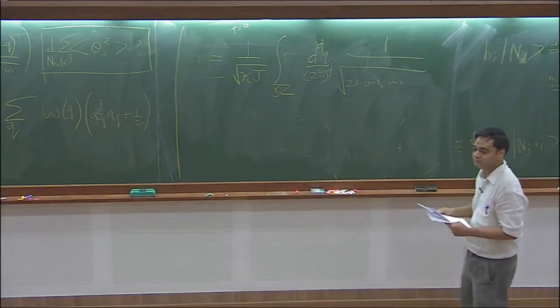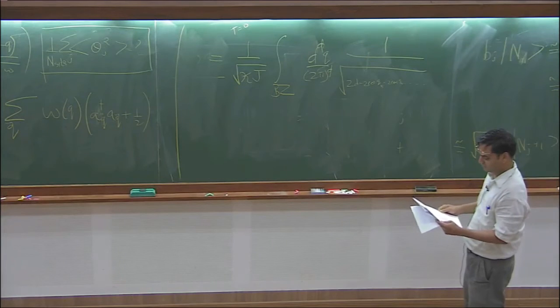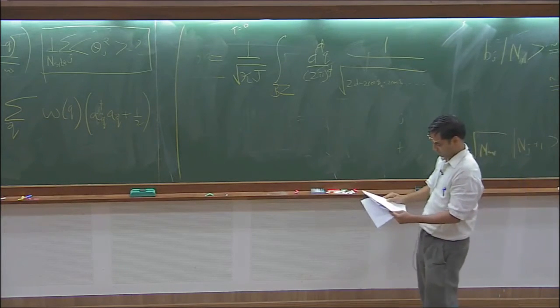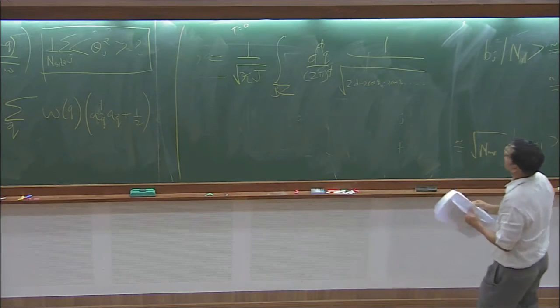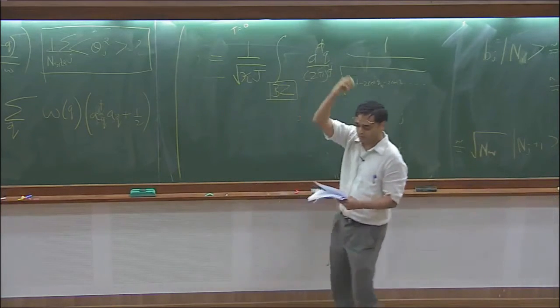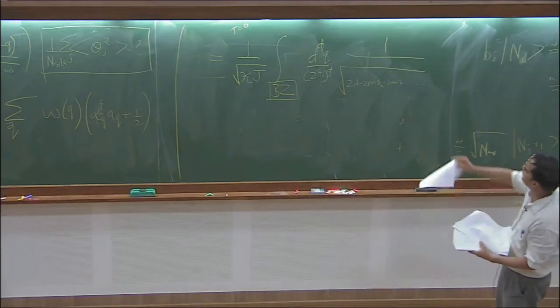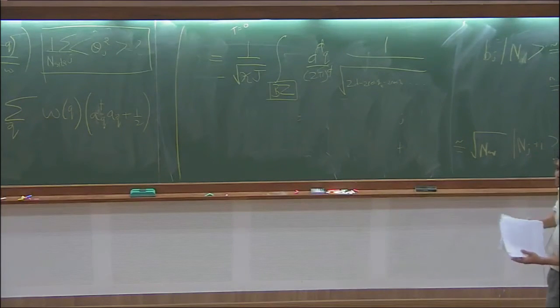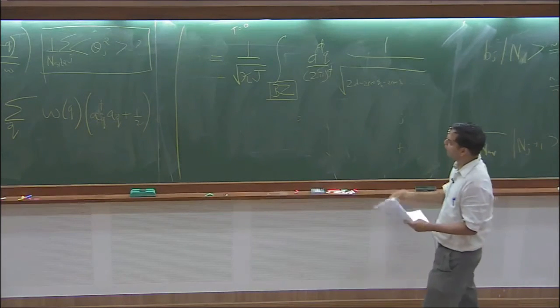No. What are you saying? In 2 dimensions it is logarithmic. No, so look, hang on. I should say over the Brillouin zone is very important. You're not looking for ultraviolet divergence. Where's the N? There's no N now. This is in the thermodynamic limit. Okay. And now what's the answer at finite temperature?